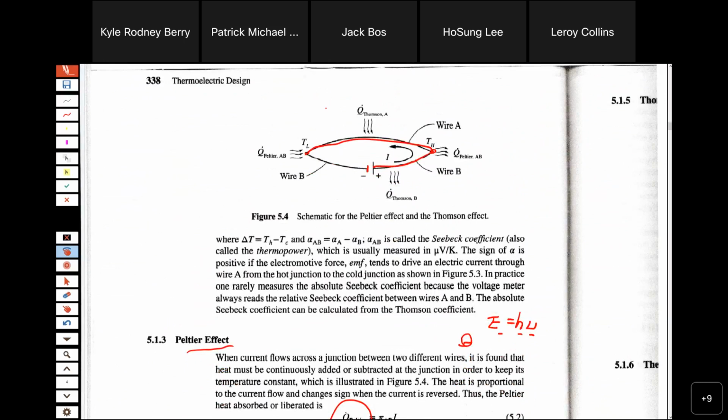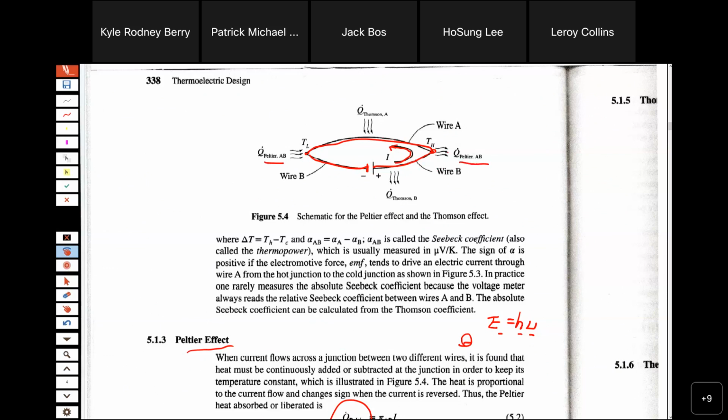Say A and B, and then we put some battery and flow current. Suppose we flow current. If current flows, it depends on the A and B material, but I told you Peltier